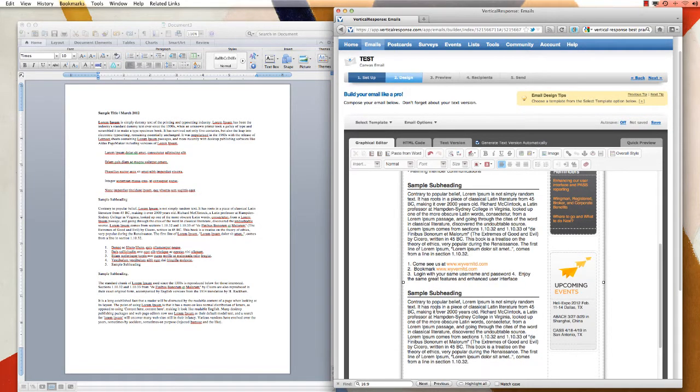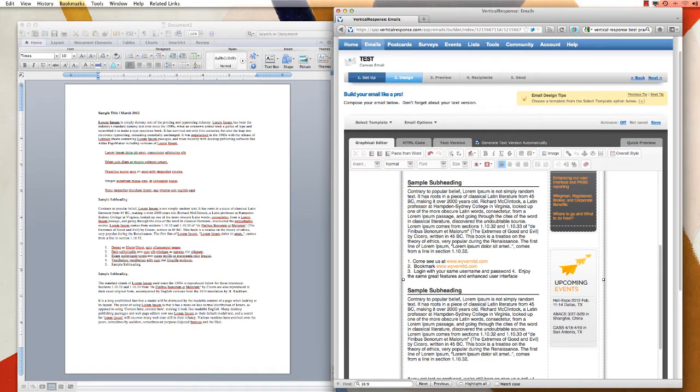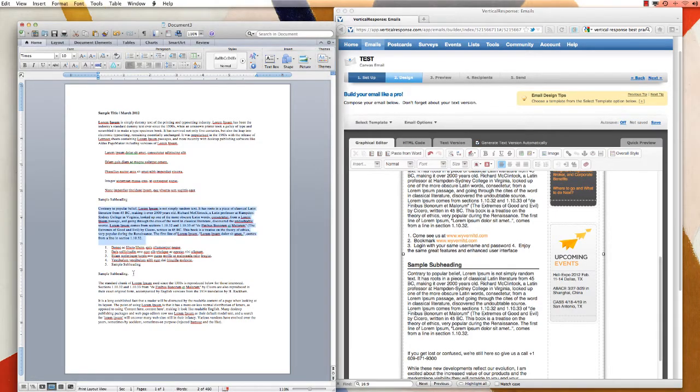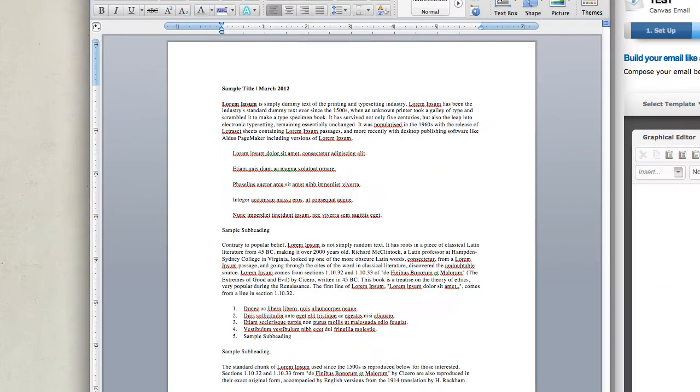Now when I paste it, as long as I'm using Firefox, if I'm pasting from the canvas to the canvas, I do not go through paste from Word. I use paste from Word when I'm pasting content that originated outside the canvas. When I'm pasting within the canvas, I actually want the styling to carry over. So now I've got the next heading,